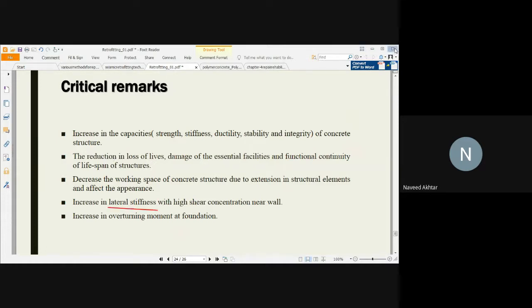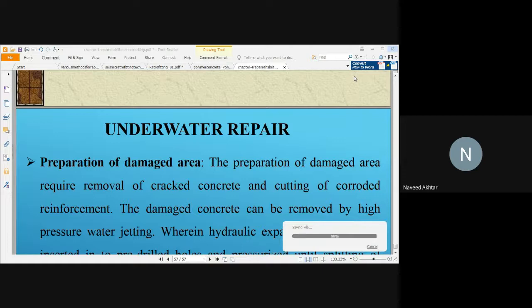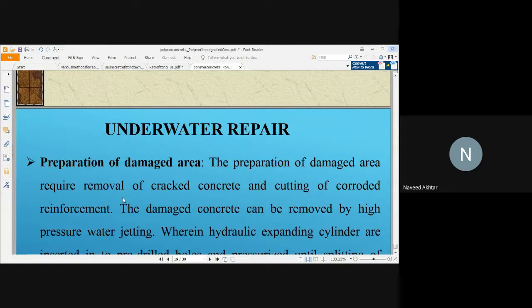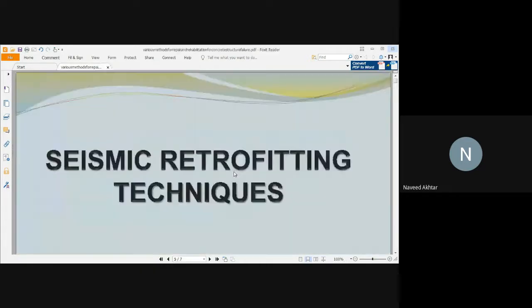So this is all about unit number 6 of your concrete technology. So almost we have finished this unit number 6, and we have finished the